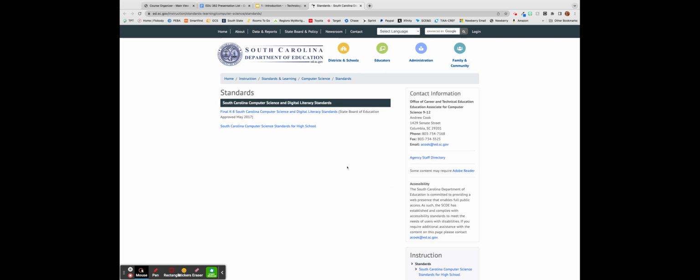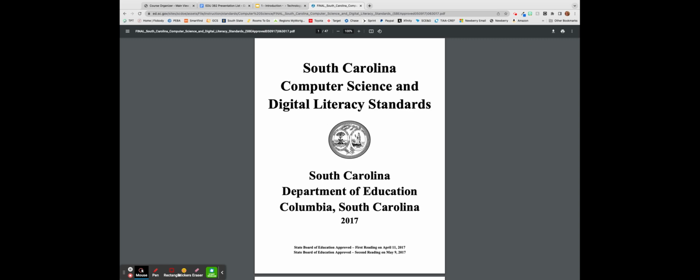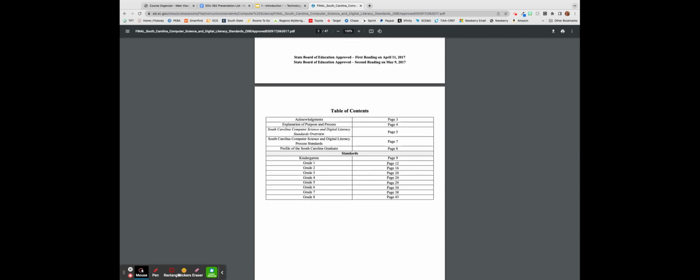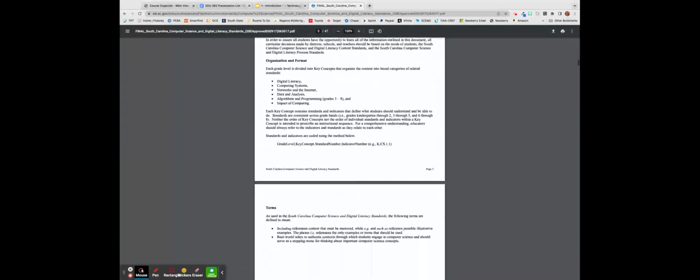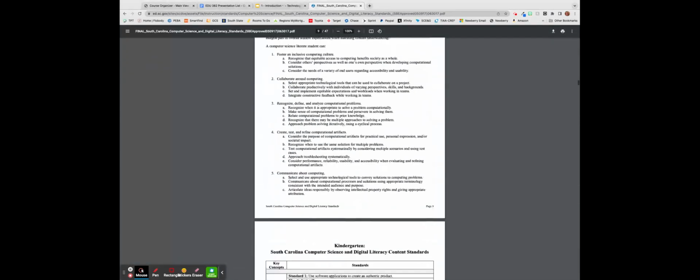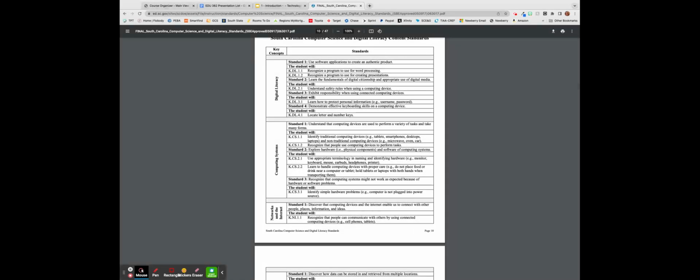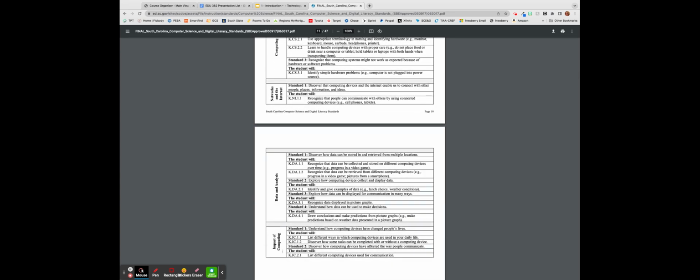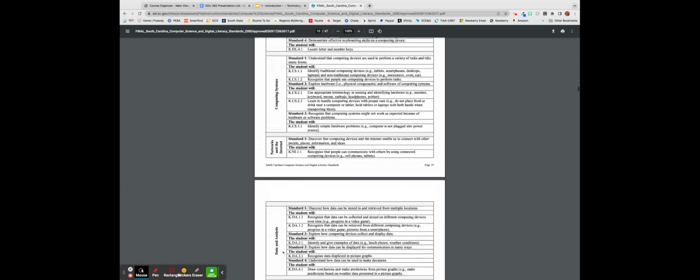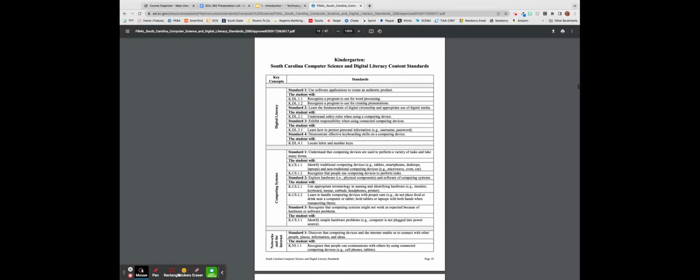This takes you to the South Carolina Department of Education so that if you're ever wondering where to find all of your standards, this is where you can find them. So here, the typical standards for South Carolina. And then if you were to scroll and just kind of look, so like we'll start with early childhood, kindergarten, digital literacy, computing systems, networks in the internet, data and analysis, impact of computing. So these are the main standards, right? The key concepts. And then down here, these are all the indicators that they're expecting you to understand and help